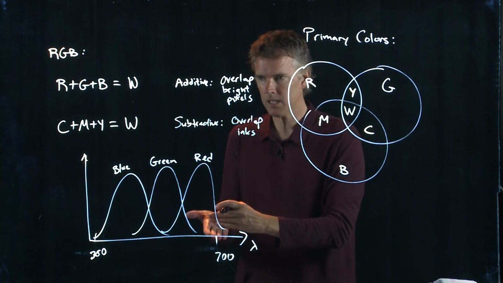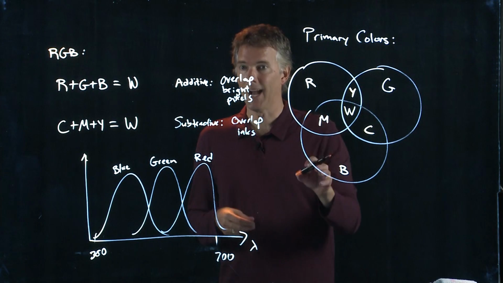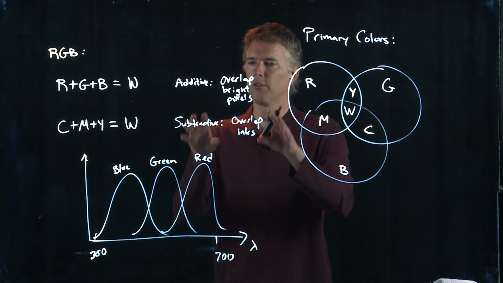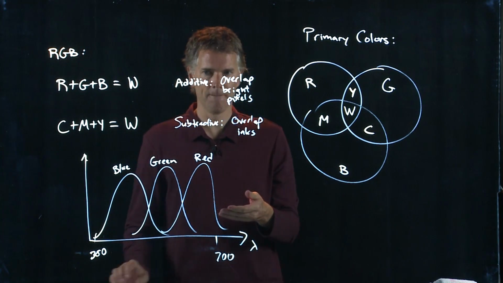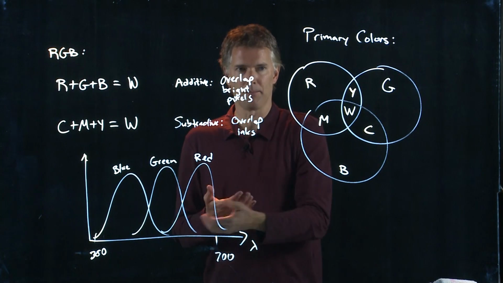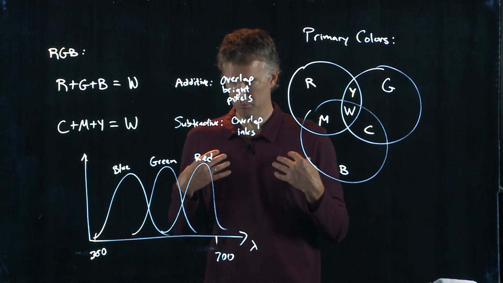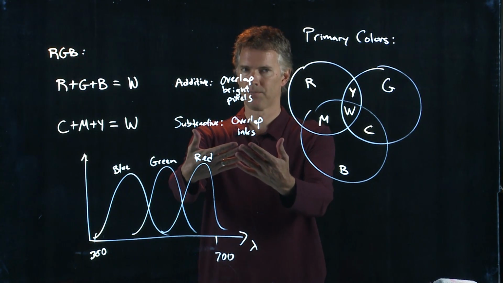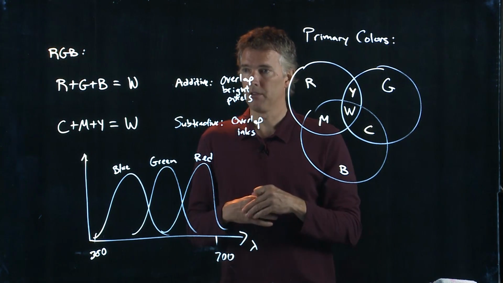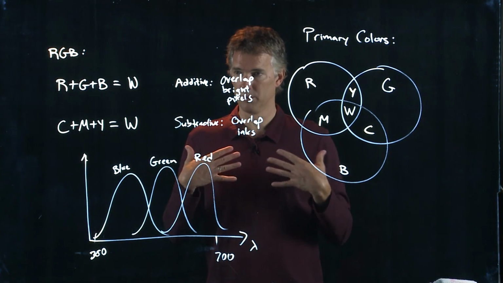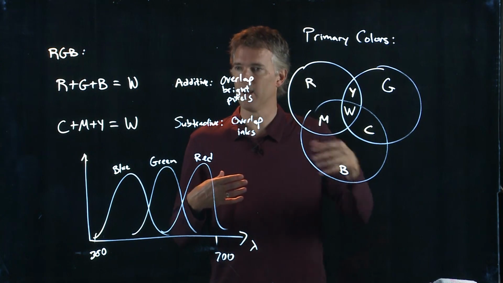So if I take red paint and green paint and blue paint and I put them all on top of each other, I don't get white, I get black, okay? Those are subtractive colors. And because the paint is red, that means it absorbs everything except red, okay? My shirt is red because it's absorbing the other colors except red, and those colors are bouncing off to you. But if I put blue paint on my shirt and green paint on my shirt, now it's absorbing not only the stuff from the original colors, it's absorbing the greens and the blues and the reds and all the other colors as well.